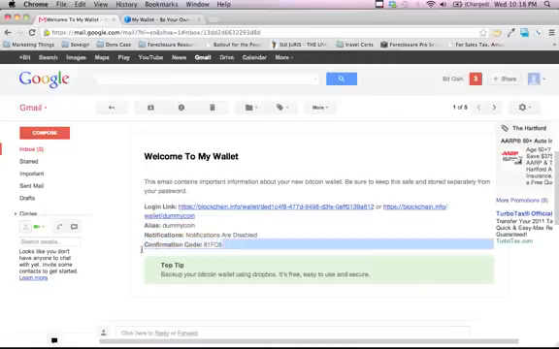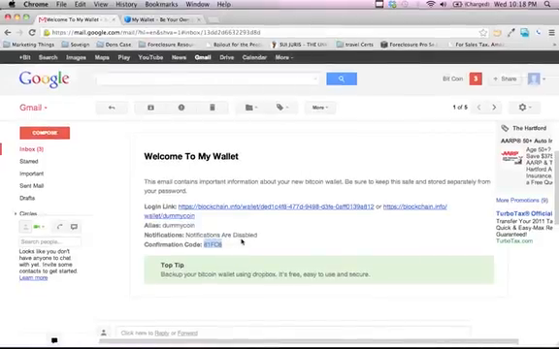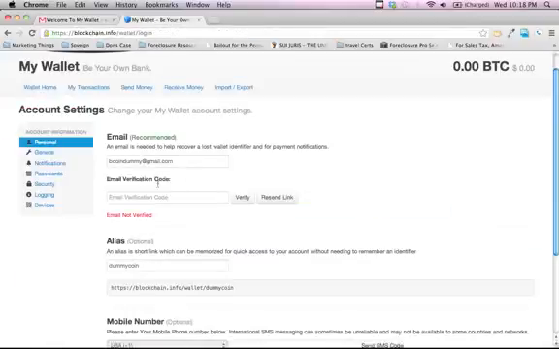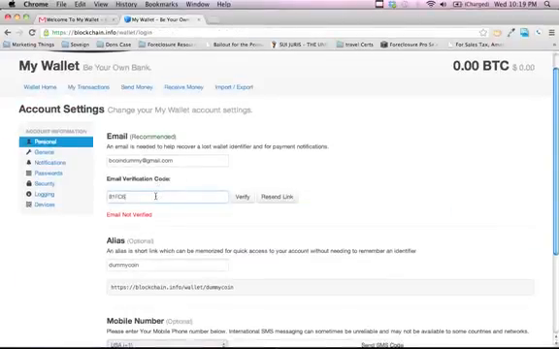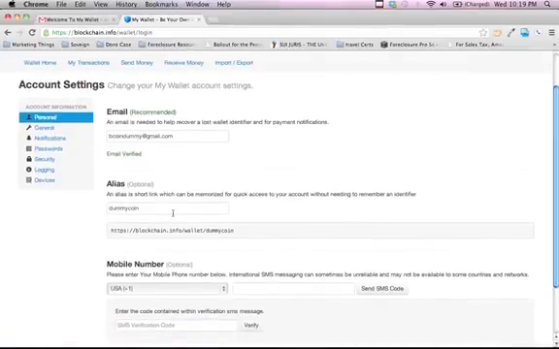Now we're just setting this up just in case if you ever lose anything and you need to regain some of your information to get back into your wallet, you can do that. So you're going to confirm this, paste that right back in there, and you're going to verify that, and boom, the email is successfully verified. Now you see here,